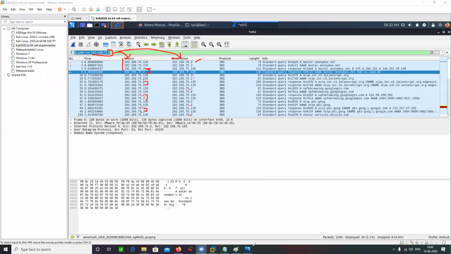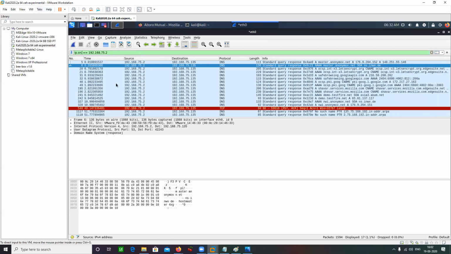I'm going to use a different filter. In that case, my filter is going to be ip.src is equal to the specific IP address. And now it is only going to show me those packets which are originating from this IP address.